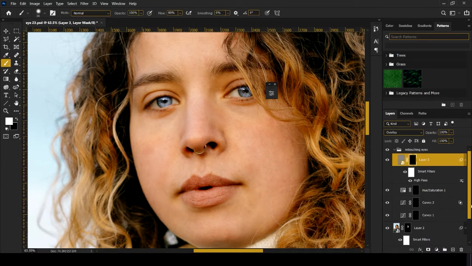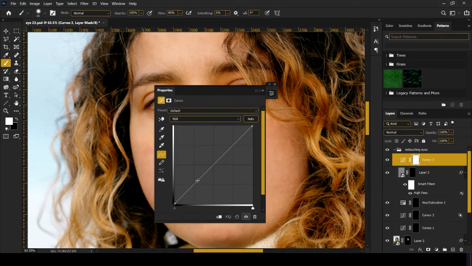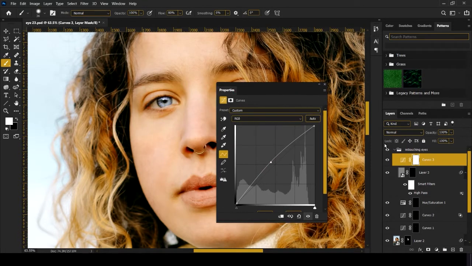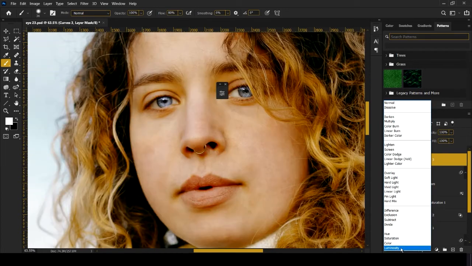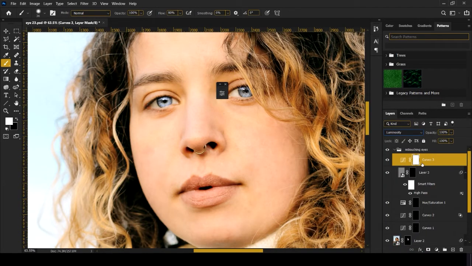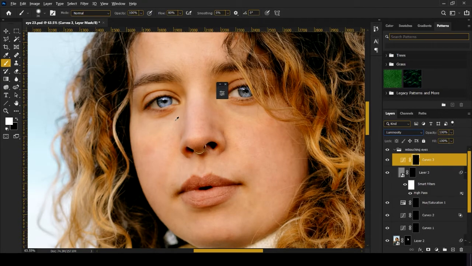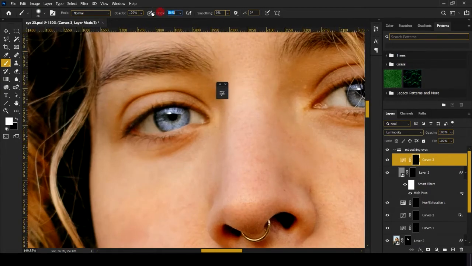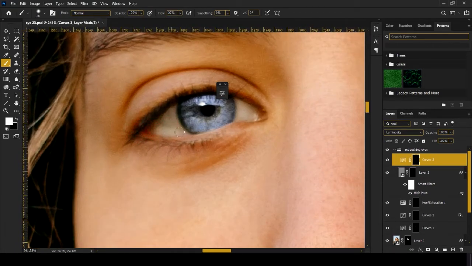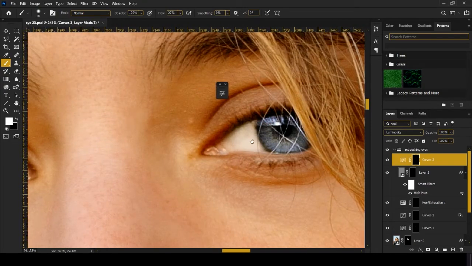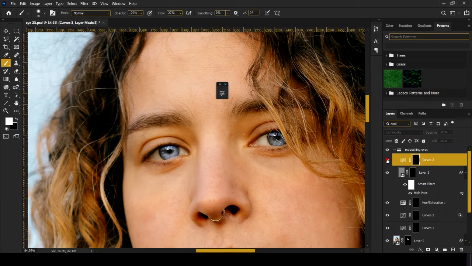Next we'll be brightening the whites. For that again we'll create a curves layer inside the group. Don't go outside the group or it will be difficult to keep them organized. We'll brighten it a little bit and change the blending mode to luminosity, so there is no change in the colors of the white. Let's invert the layer mask. Take a very low flow, about 27%, and then paint in with white. See, this is before and this is after. We'll reduce the opacity. This is before, this is after.